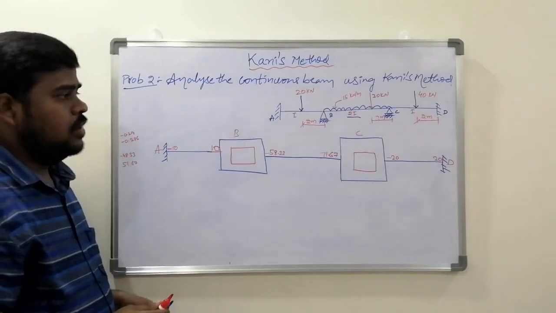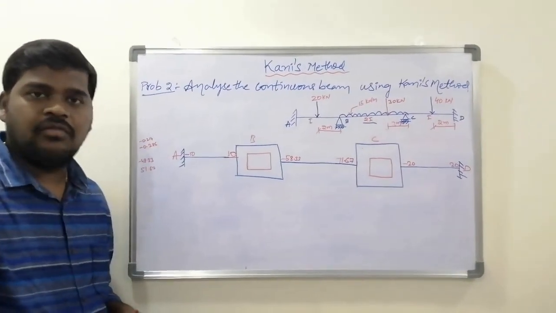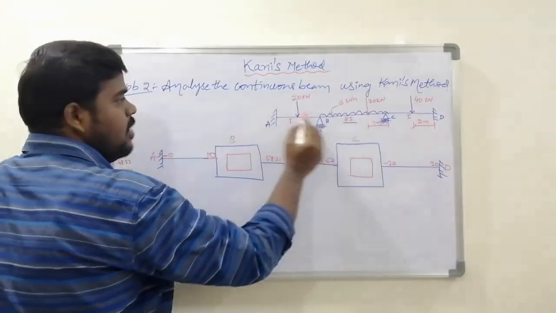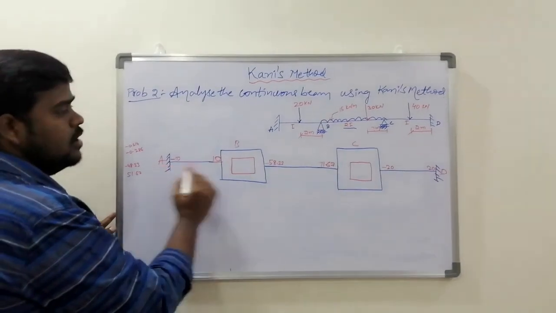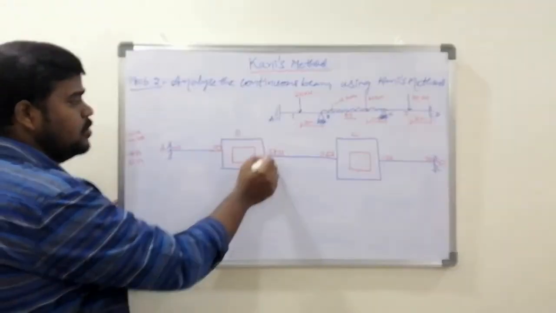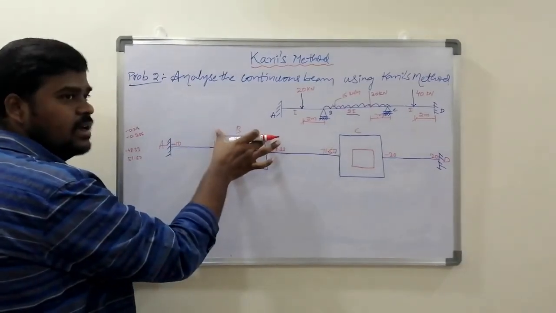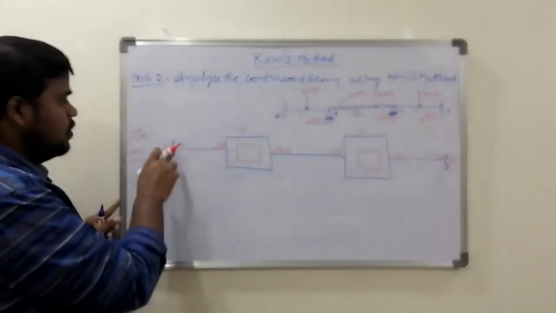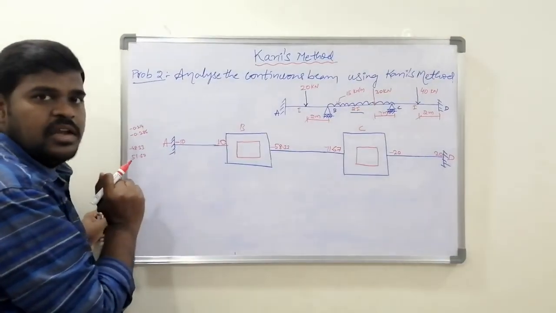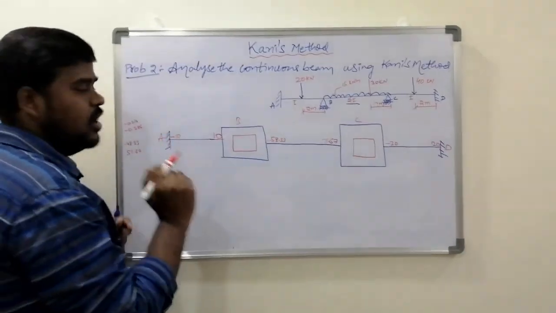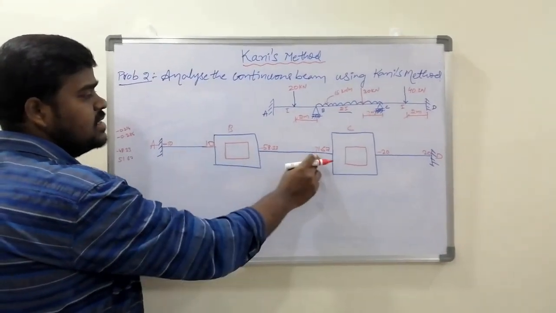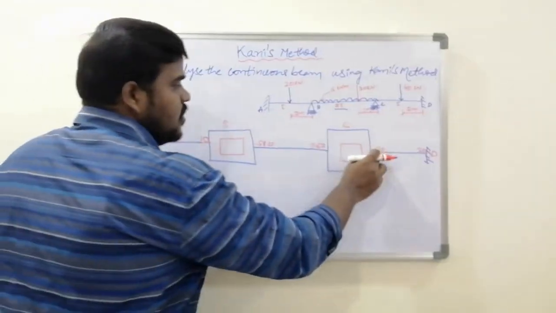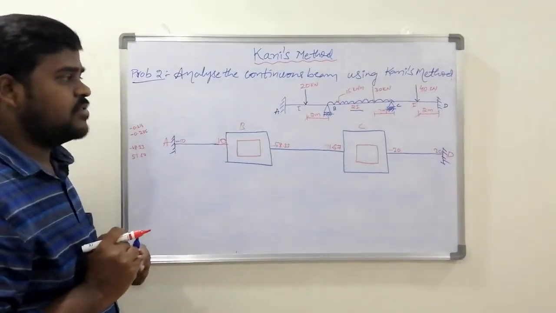So this is step 2, and step 3 is nothing but we have to solve using this Kani's method. So this is the important step of Kani's method. This is step 3. So in this, as shown in the beam A, B, C, D, in the same manner we have to draw a single line like this, and at joint B and joint C we have to draw a rectangle inscribed in another rectangle. So minus 10, 10 are the fixed end moments which are found in step 1, and 58.33 and 71.67 are also from fixed end moments, and minus 20 and 20 are also the fixed end moments of span CD.